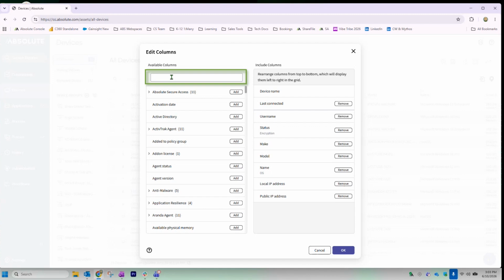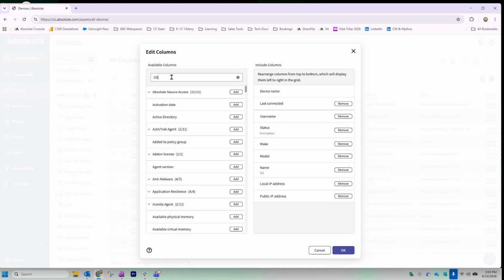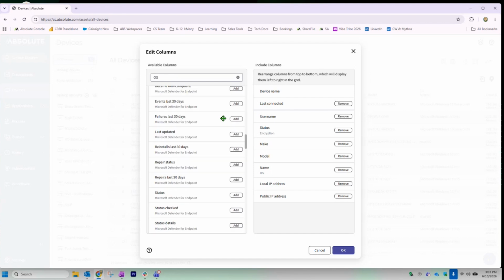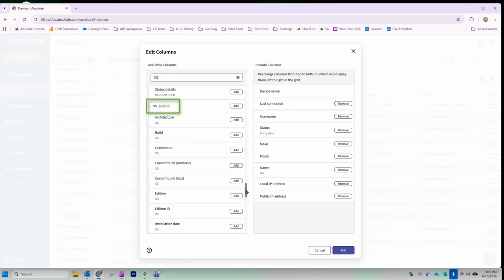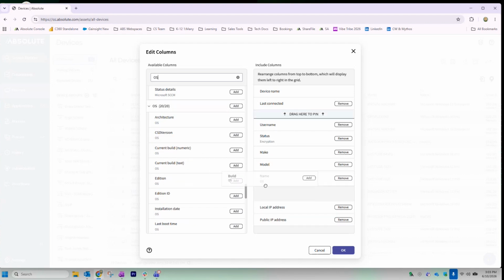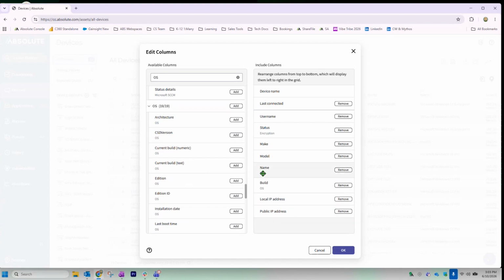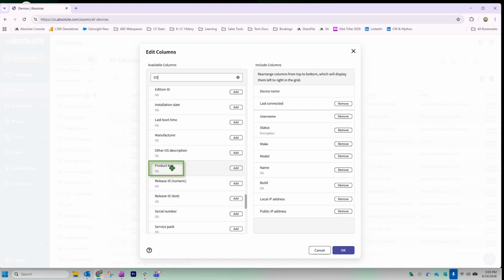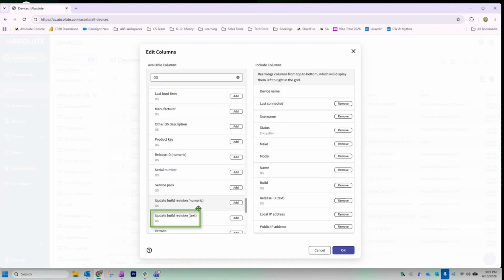So probably what you'll want to know is your OS. Just come down until you see the section. And from this section, we want the OS build. And we'll drag it over here right under the OS name so all the OS information is together. Depending on your environment, the product key might be relevant, release ID in text, and then the update build revision,